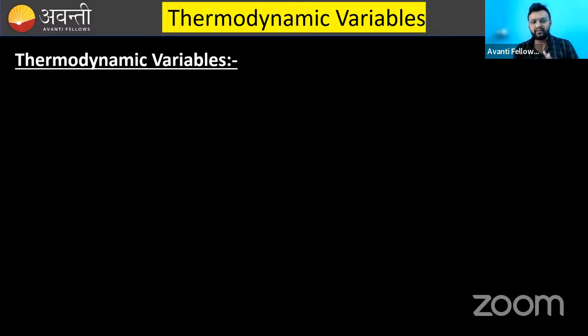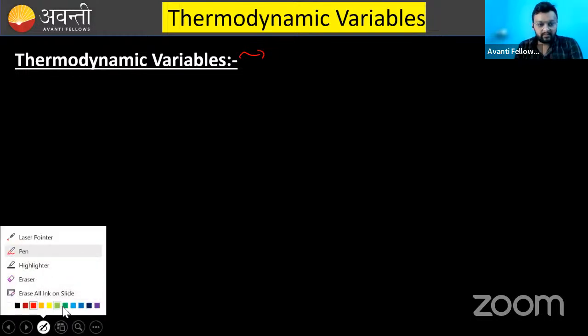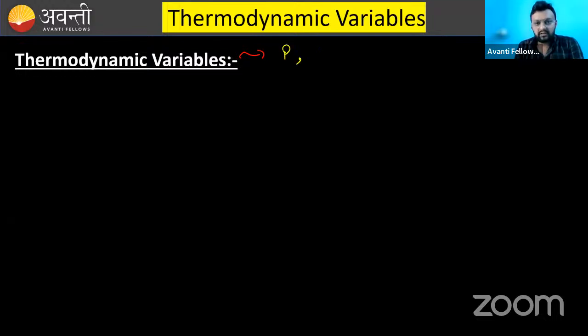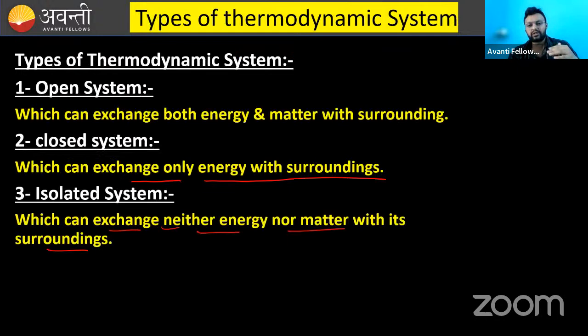You don't need to look at the definition. What are thermodynamic variables? You will say pressure, volume, and temperature. These are the three thermodynamic variables. By changing these variables, you can change the state of the system. If volume is increased, the piston was